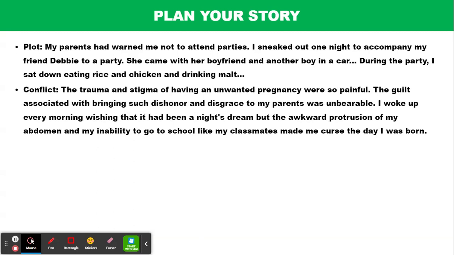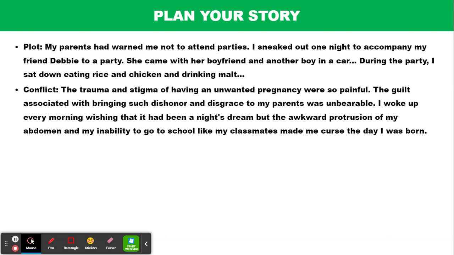Then the next is the conflict, okay? For a story to be interesting, it must have conflict because conflict is what drives the plot of a good story. You know, a conflict may not be a physical fight between characters. It could be a serious problem confronting the main character in the story. For example,